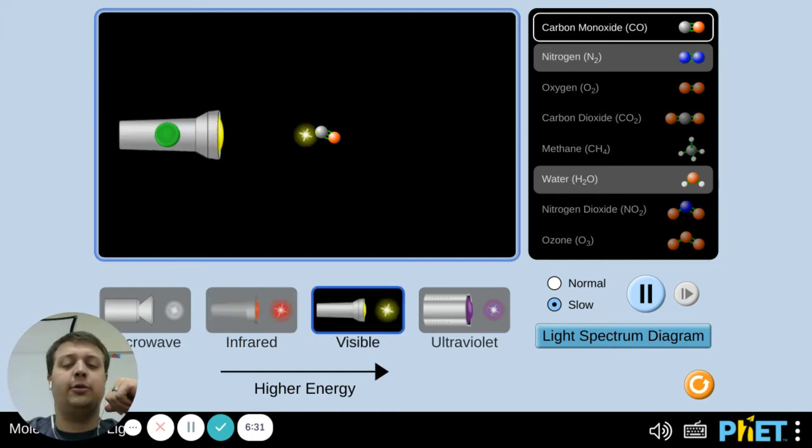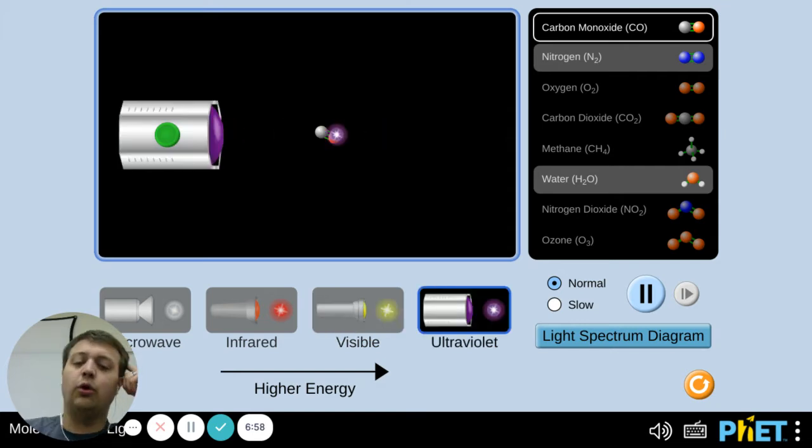Now, let's look at visible light. So visible light, well, we didn't talk about its effect on a molecule because, as you can see, even sped up, it just passes straight through that molecule. So visible light isn't going to actually affect the molecule. It might affect the electrons, and it will affect the electrons in that molecule, but otherwise it's not going to have an overall effect. Ultraviolet, same thing as visible light. So we don't actually see anything changing in the molecule, but we could potentially see something happening with the electrons individually. Okay? All right,